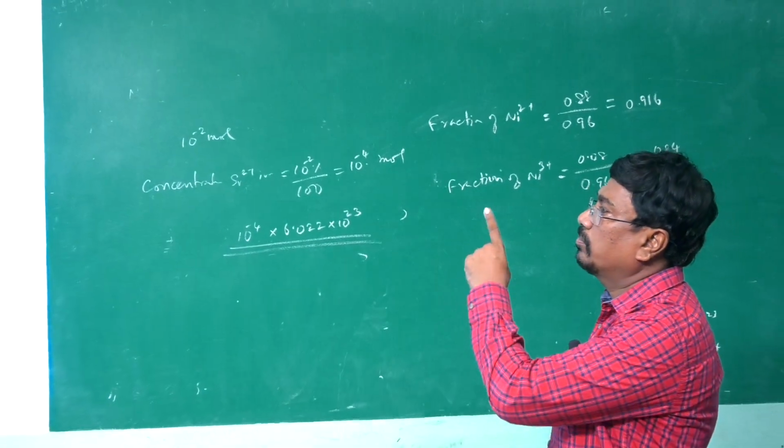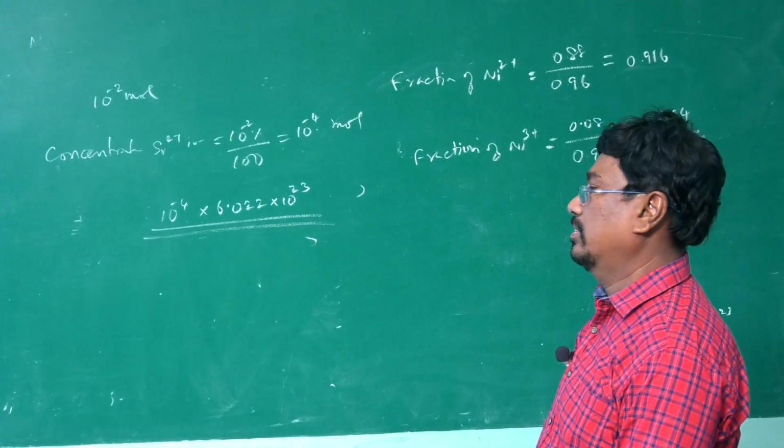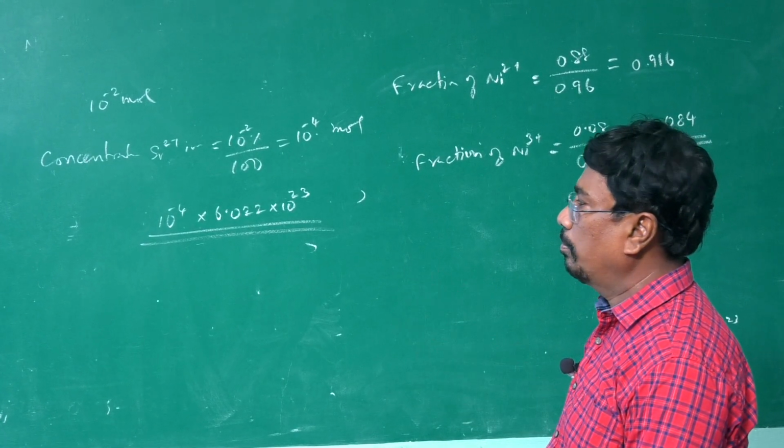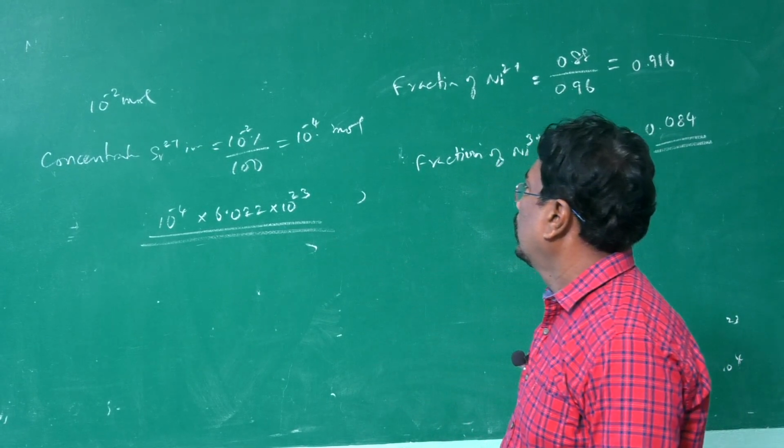If it is 10 power minus 4 mole, then how many actual ions? It has to be multiplied by Avogadro number. Therefore, it comes to 6.022 into 10 power 19